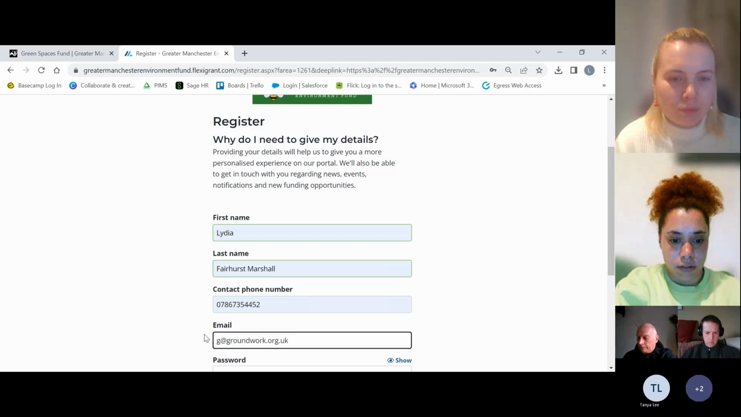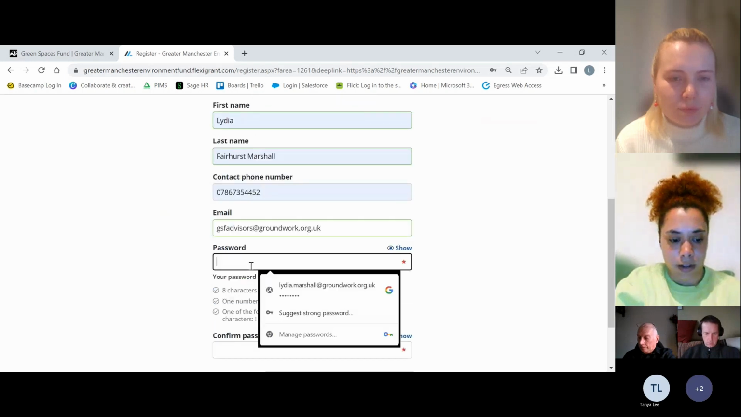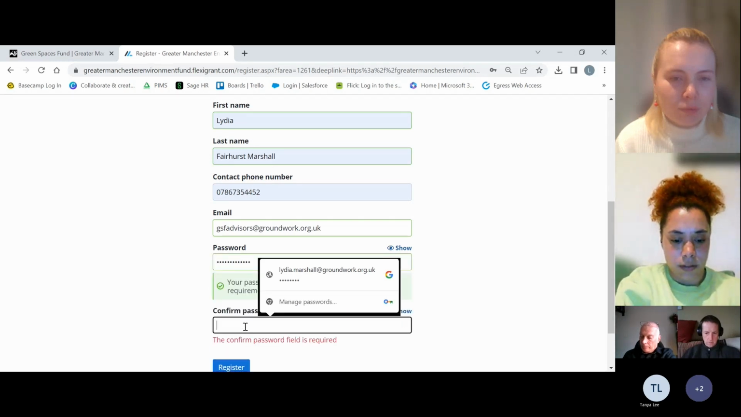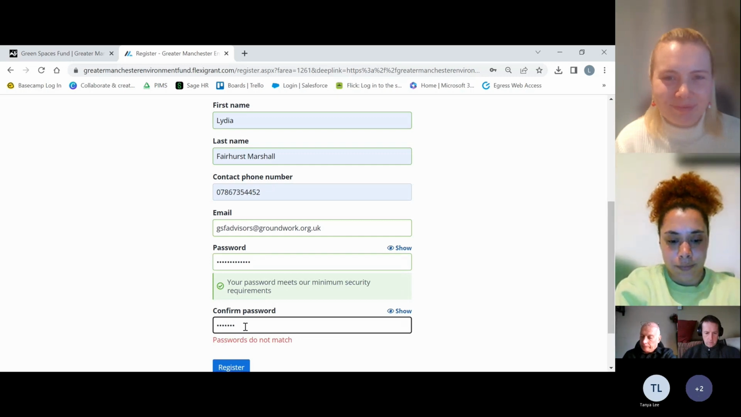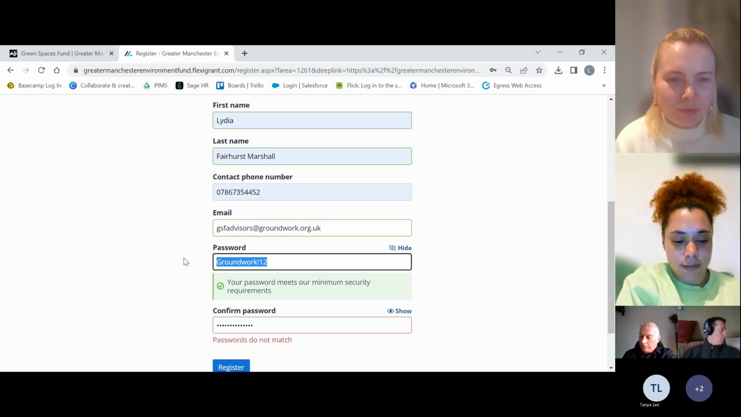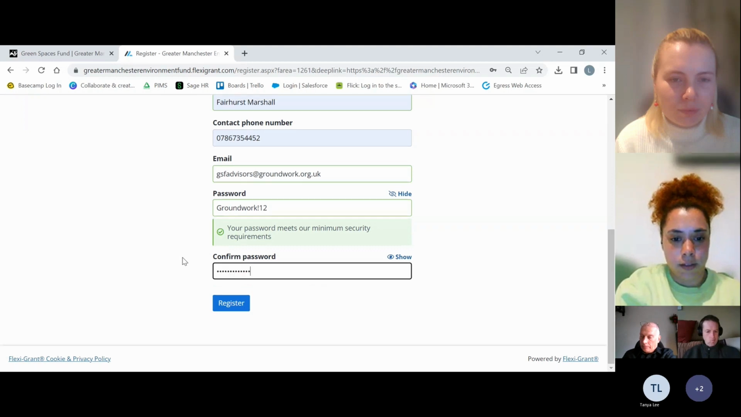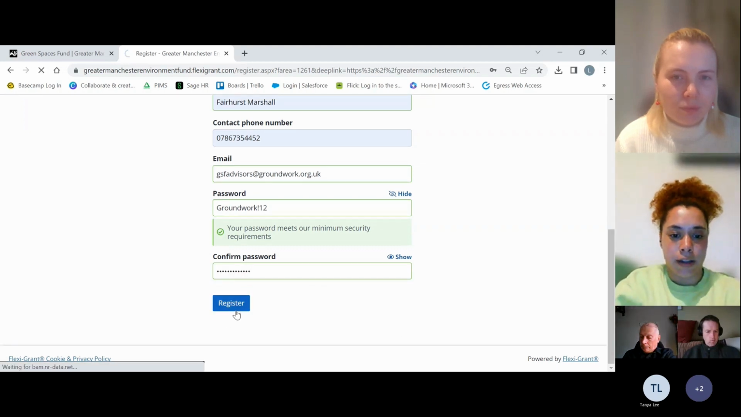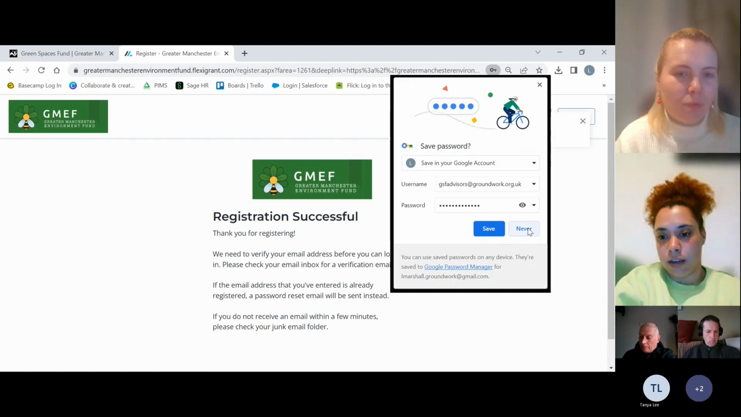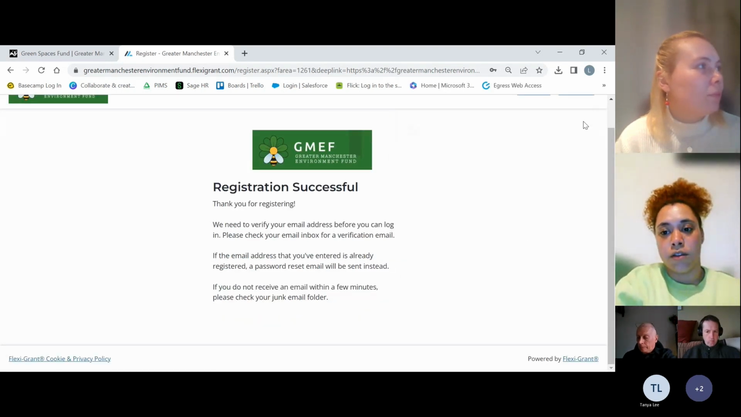and then just create some sort of password. You'll probably want special characters and a number. Hope I can remember what I put in. Maybe not. There we go. So once you've got your password and your email, you'll get taken to here, and then you're registered. So then you can log in,